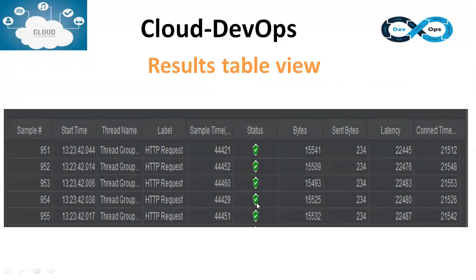Apart from the status, there are two other parameters. One is sample time. Sample time is how much time it consumed. Latency means how much time between the request being sent and the response retrieved. The other parameters are informative but not mandatory.